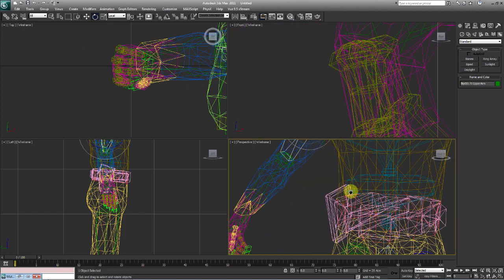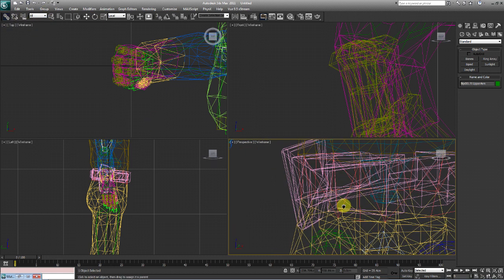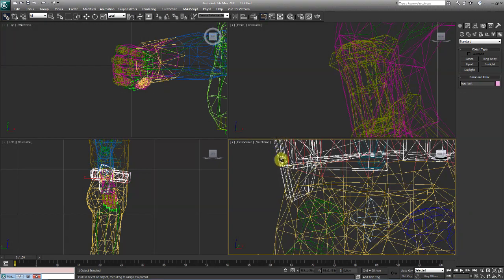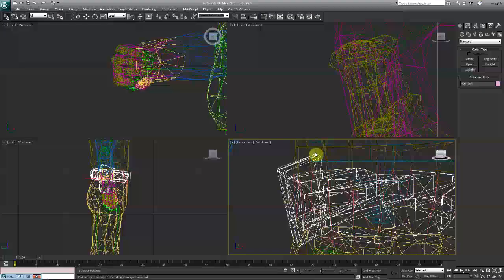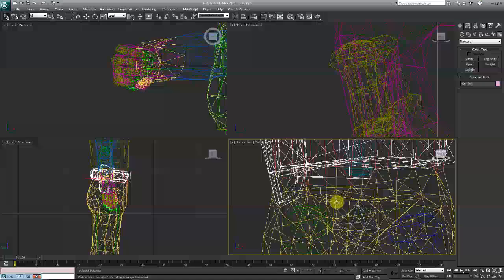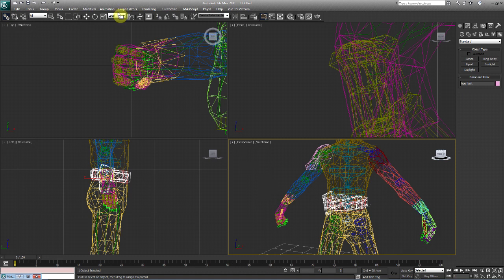And the same thing with the belt. I'm going to make sure that it attaches to the waist bone. So we're going to select that, and we're going to apply it. You know, you could apply it to either the spine or the hips bone. Doesn't really matter. Let's take a look.